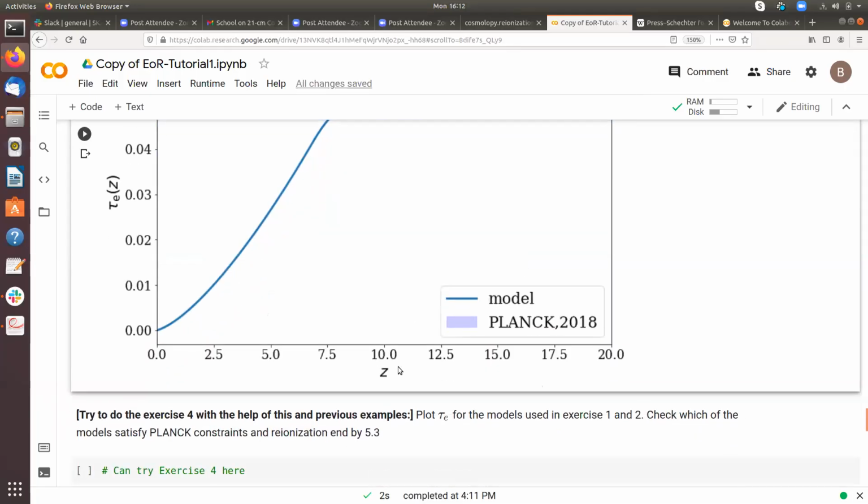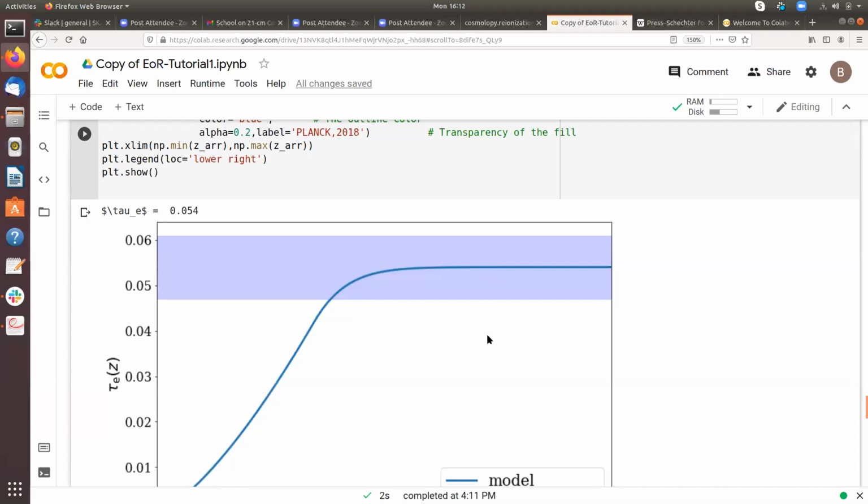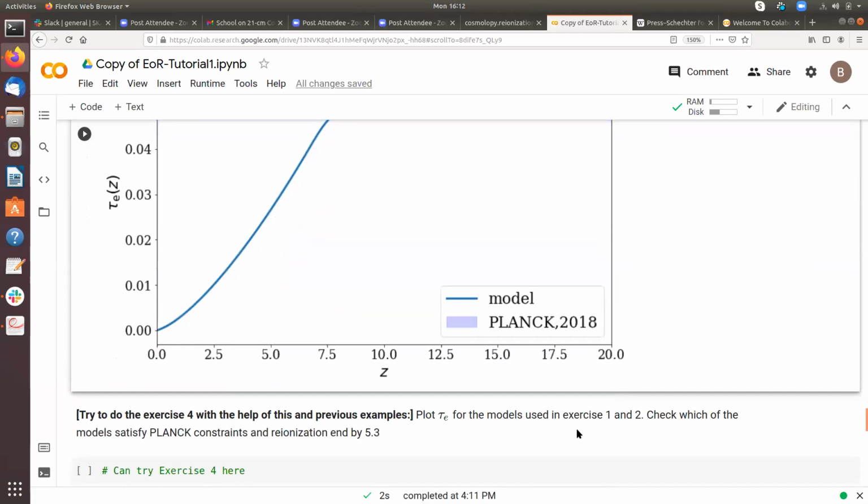Similarly, for exercise 4, I have told you to use the same models which we used in exercises 1 and 2 by changing zeta and changing the clumping factor, and check which of the models satisfy this Planck constraint, because this is one of the robust constraints which we have at present.